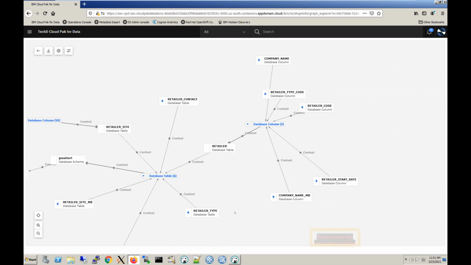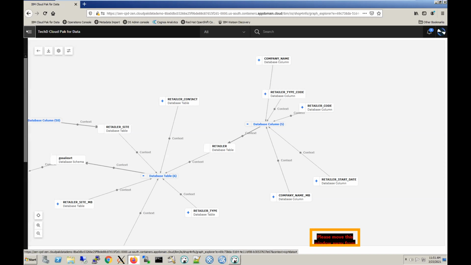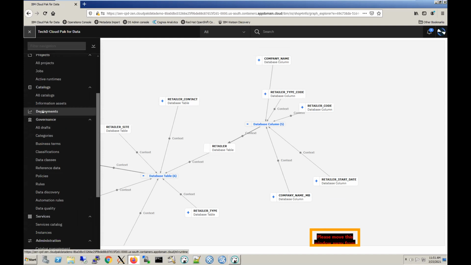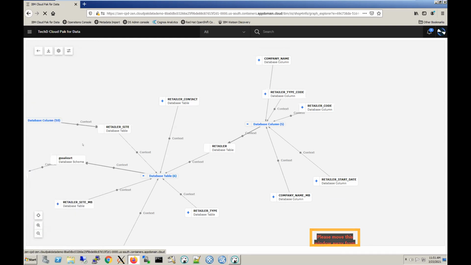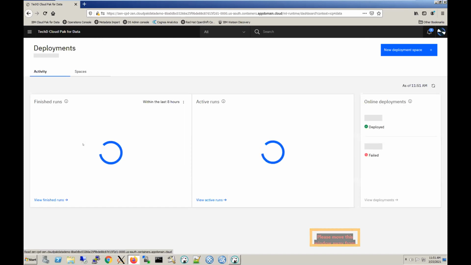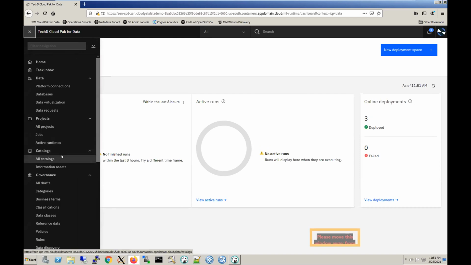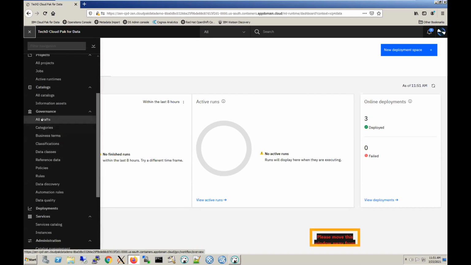These are within context, but they could be term assignments. I could track from the term. They could be category assignments. They could be, you name it. It could be soft governance to hard data rules to technical assets and so on. I can see things like deployments. If I had Watson machine learning deployments, I have the Watson stack loaded here. Right? I don't have any deployments that I've published and I'm tracking here, but I could. So I could see how those are being used as endpoints within my environment. I've got all of my governance,